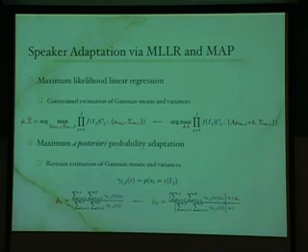What this means is this model has lots of degrees of freedom to use lots of data. But if I have a little bit of new video from a new source, not enough to retrain my entire HMM, I just estimate the matrix A and vector B. So this is called MLLR, maximum likelihood linear regression.